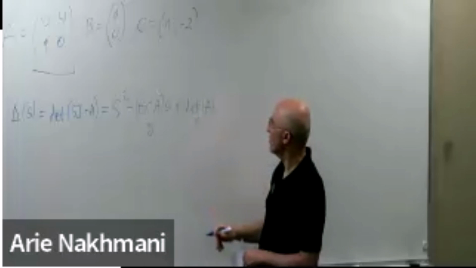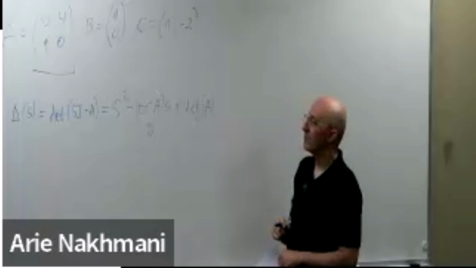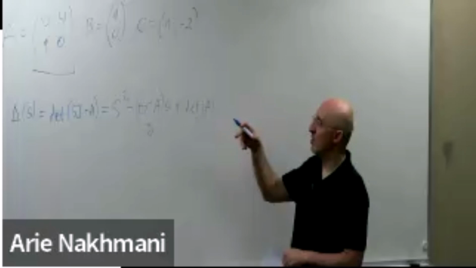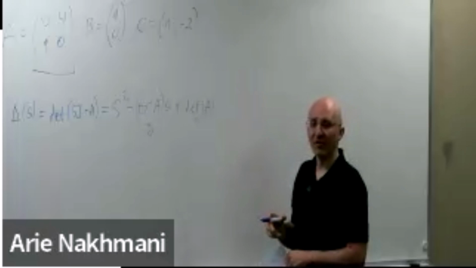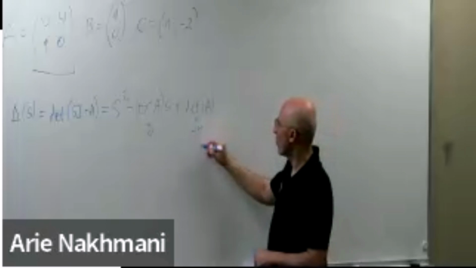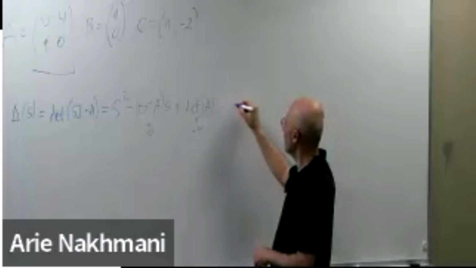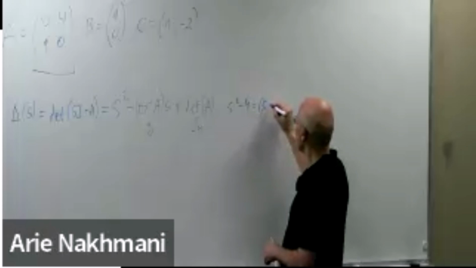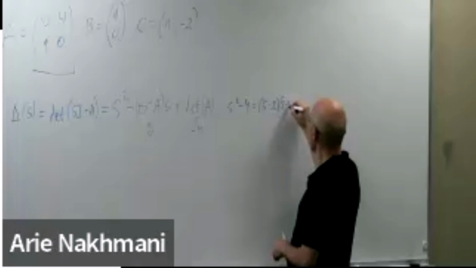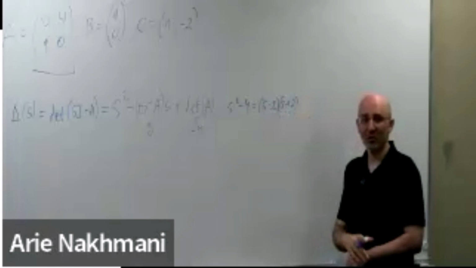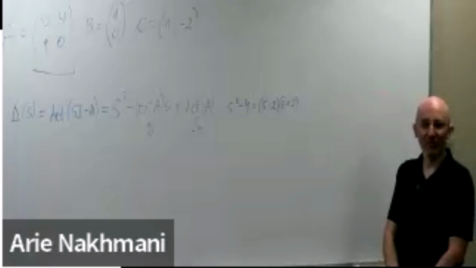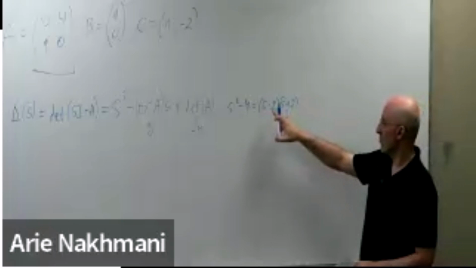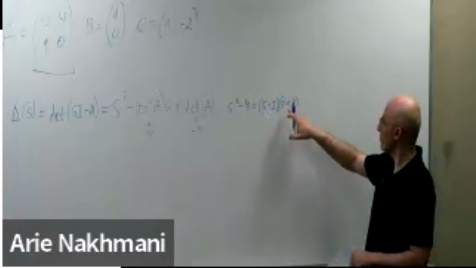And what is that thing? The determinant of that matrix is 0 times 0 minus 4 times 1. It's minus 4. So it will be s squared minus 4, which is also s minus 2, s plus 2. You want to find the roots of the polynomial. So you have a root at positive 2, and you have a root at negative 2,